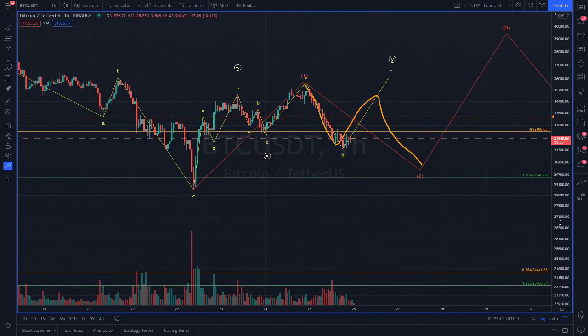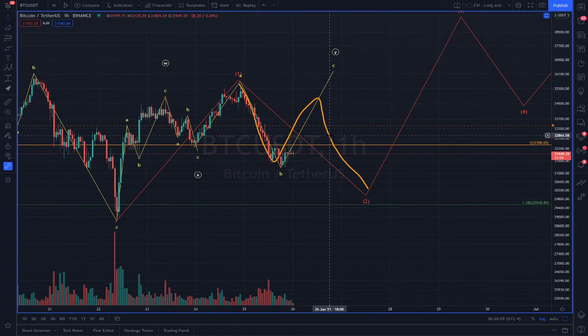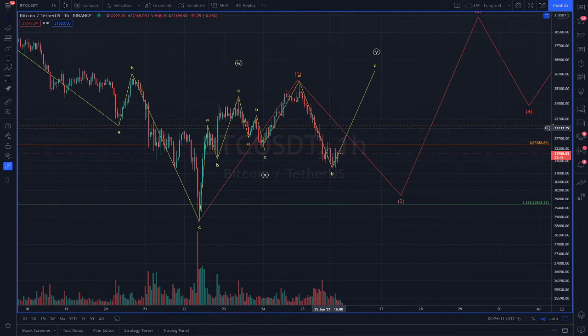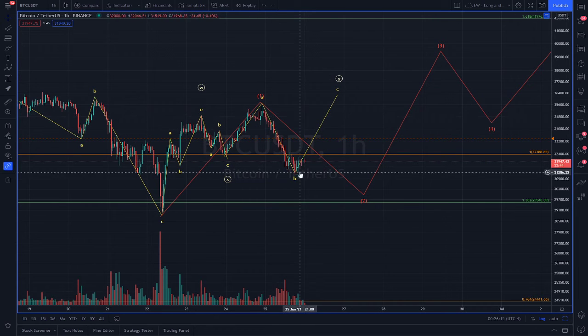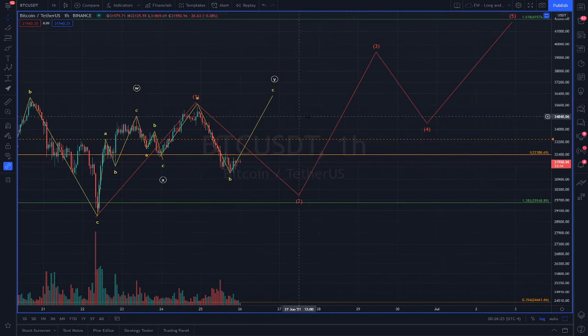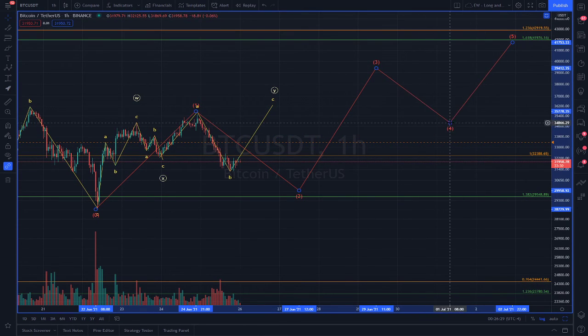So we're just going to have to see what price action does this weekend and kind of go from there. But I am leaning towards this. Honestly, this expanded flat looks like the most logical conclusion at this point. But again, it could just kind of bleed down here. So anyway, I'm leaning bearish still, and we'll see. If the bulls want to take over, they really have a lot of work to do here to prove themselves. So that's the update for tonight,